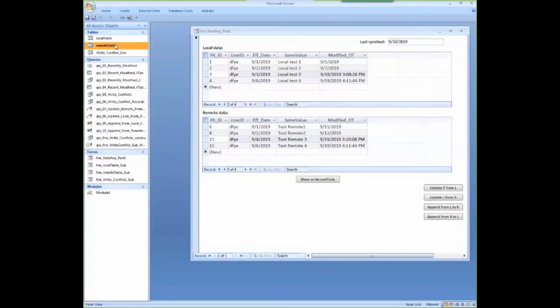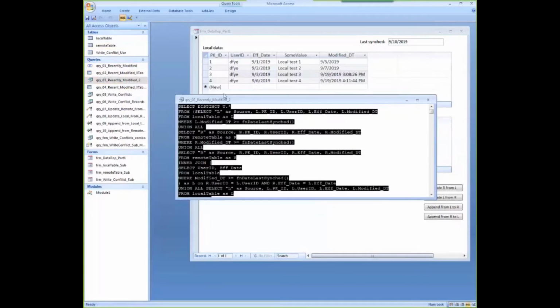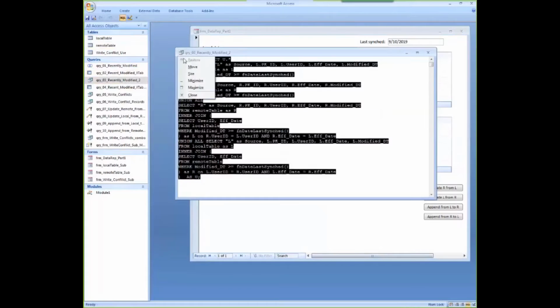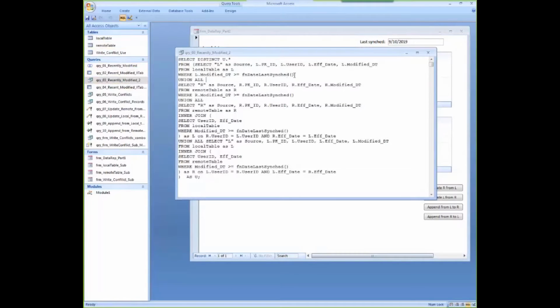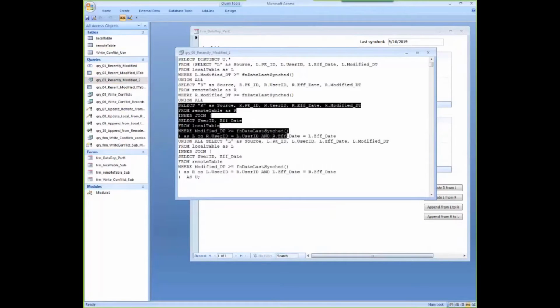So I created this query, which is a union query that takes the data from the local table that needs to be synced, from the remote table that needs to be synced, and then it identifies the records in the remote table that are related to the records in the local table that have to be synced.